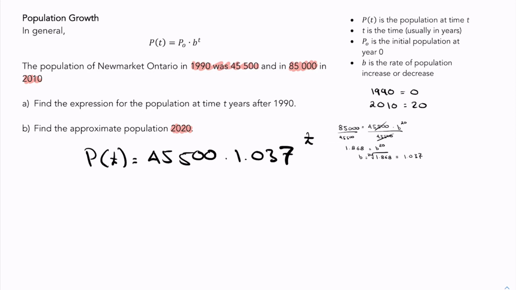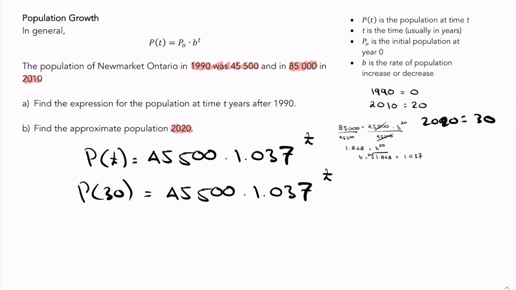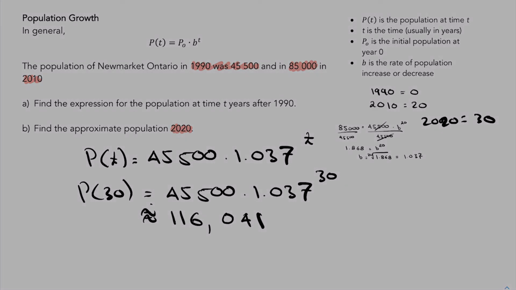And we can use this now to find the population approximately in 2020. 2020 is going to be 30 years after 1990. So I'm going to go P of 30 equals all of this stuff to the exponent of 30. And what does that give? Well, after doing some calculation ahead of time, I get 116,041. That's approximate, it's not exact, but it seems reasonable. Again, 3% a year, that sounds